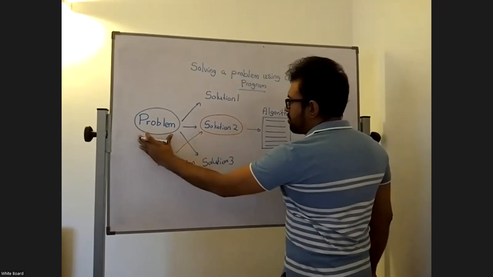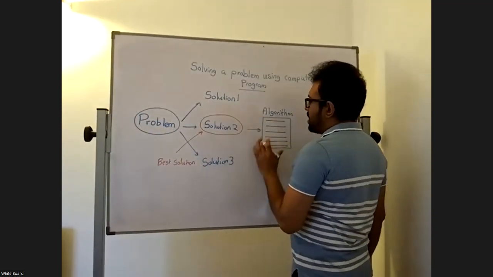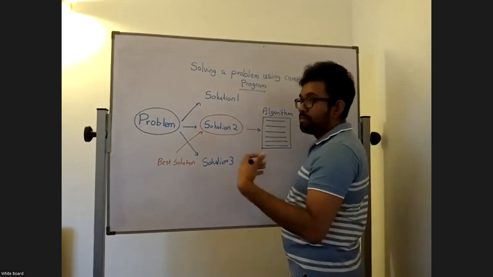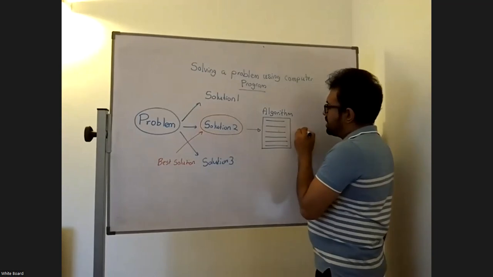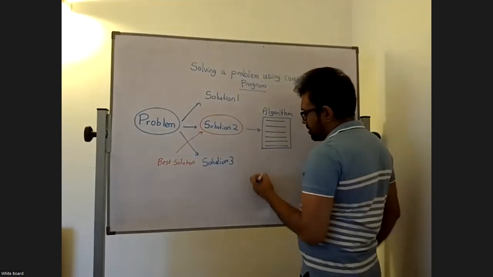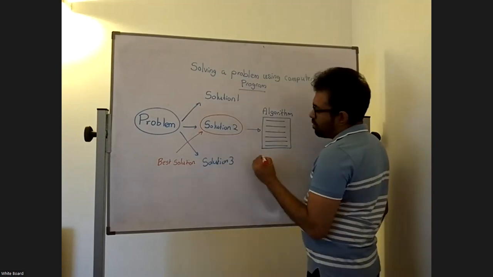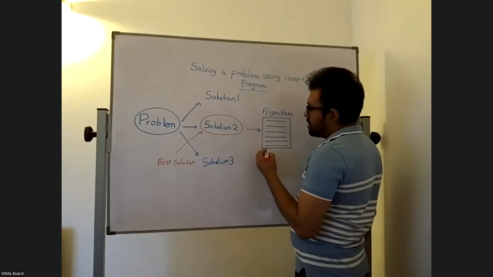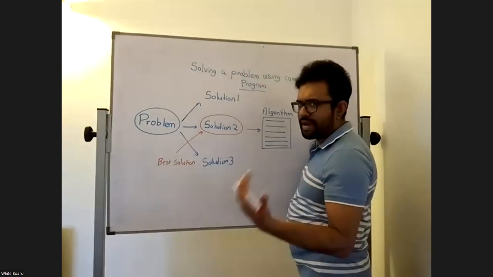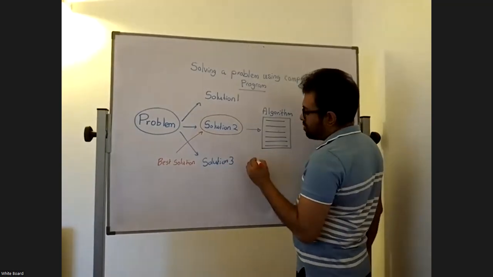So before we come to that, this is a problem, we have several solutions to the problem. And now we have selected solution 2 as the best solution to solve the problem. And now we are writing the algorithm for it. There are two techniques in writing the algorithm. You have also written algorithms, but the formal way of writing an algorithm is going to be either